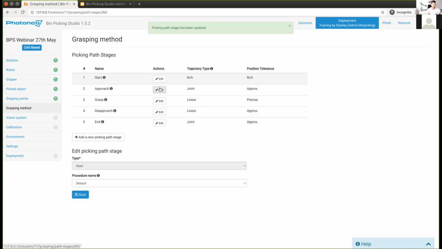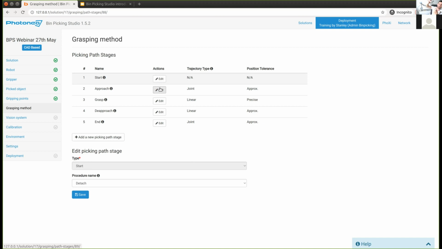In some scenarios, not really this one, you are going to pick the part from the side, or through the middle with an eccentric gripper, which is opening from the center. So you need to go into the middle, and if the part is rotated, you need to not go straight to the part,